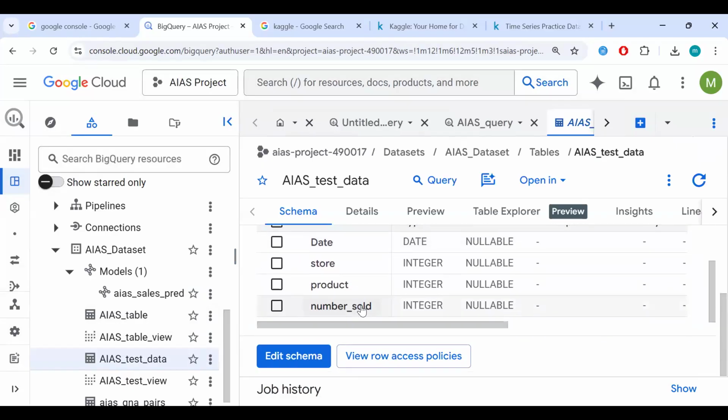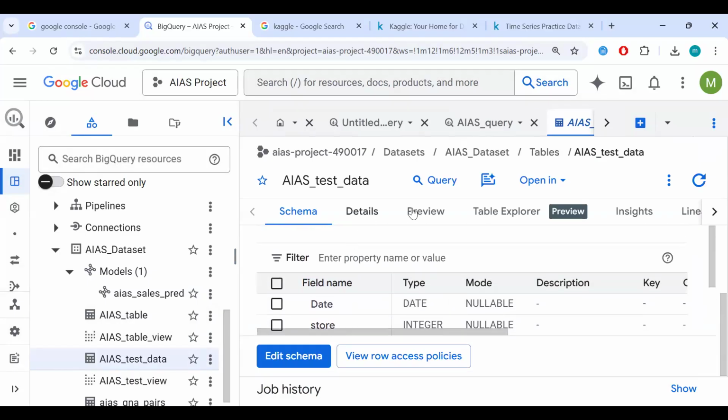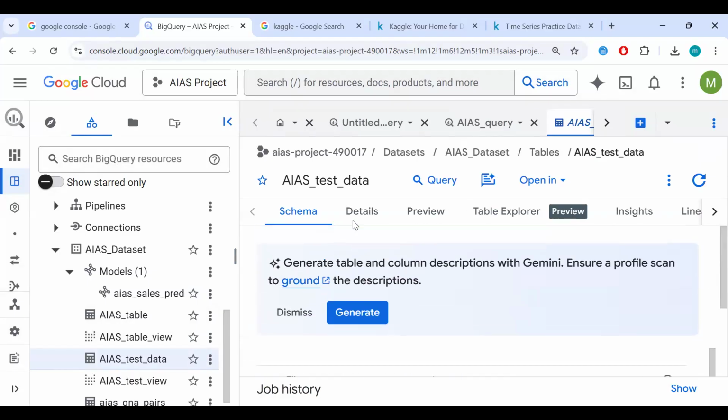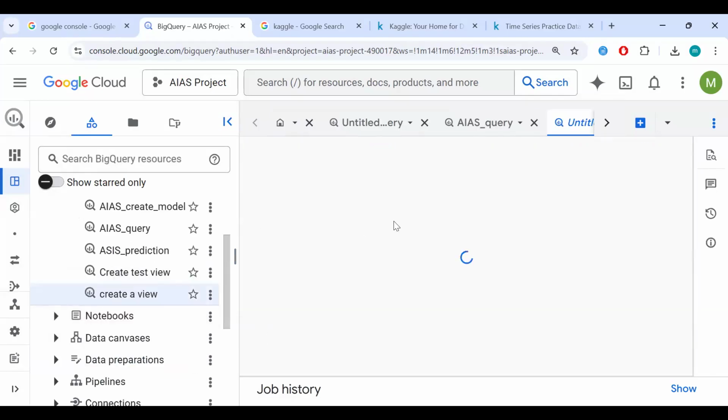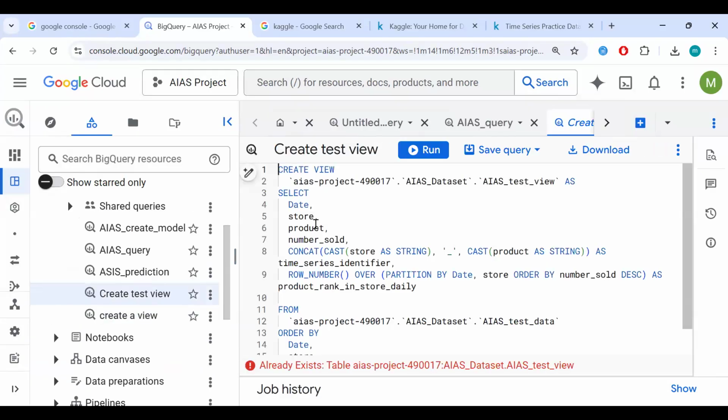This is what we have in our test data, the basic information like we had in our original data. You can look at the details, insights, lineage, and so on. Now we have our test data and want to create a view from it. Using the code we have here, we create the view and then determine where we want to store it.